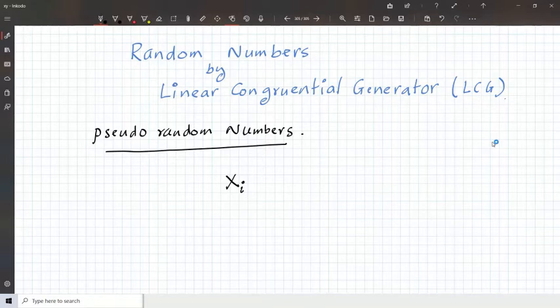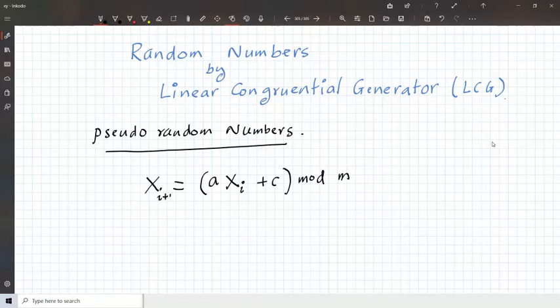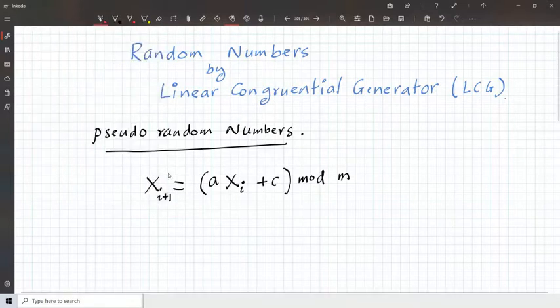I multiply by some constant a, add some constant c, and I take the modulus with some other constant m, and I call it the integer in the next generation, x_(i+1). So this is the rule. This rule is the LCG rule.